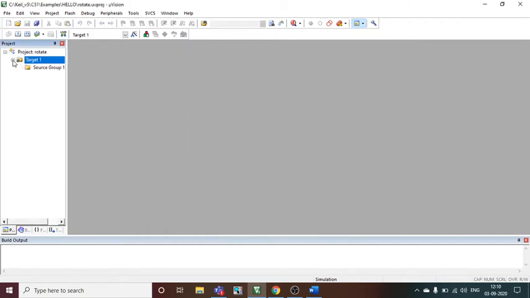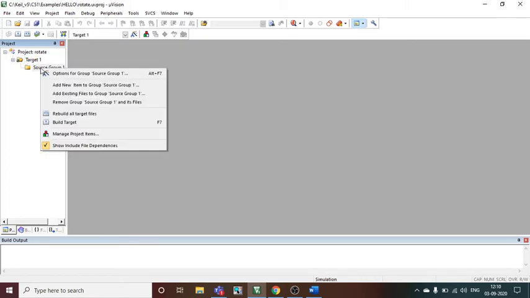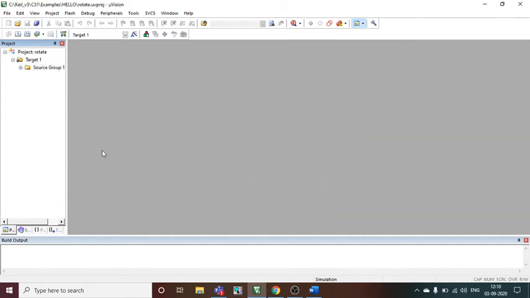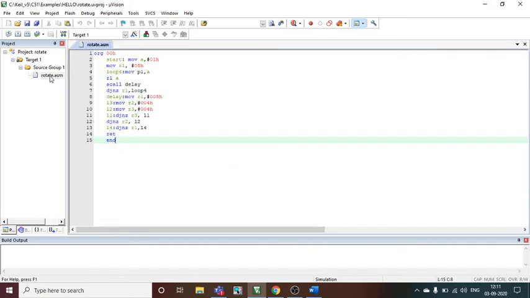Then copy startup, no. We will get a plus sign with this Target 1, and we will add the existing file by right clicking the source. Our existing file is rotate.asm, which is showing here, so I'm adding it and then closing it. Once done, I will open the source plus sign, and then I will open rotate.